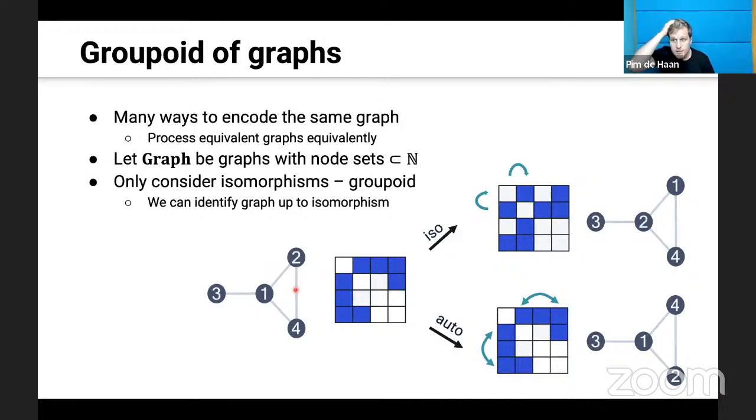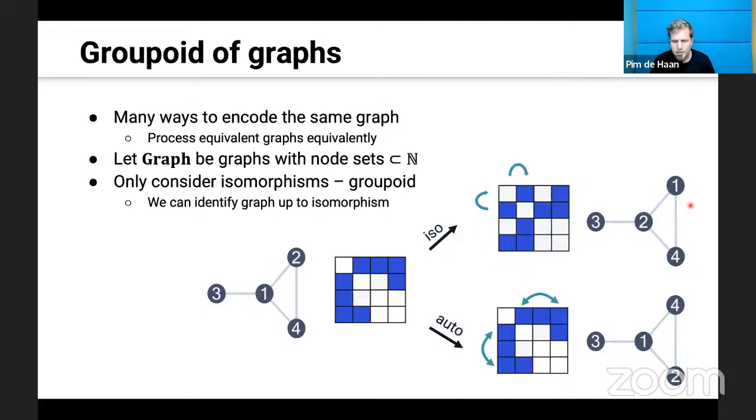I think this is still required. I think a graph isomorphism does satisfy this property. So the question is: is it required that if we have a node neighborhood and we map it with the isomorphism, this is the same as first mapping with the isomorphism and then taking the node neighborhood? So if we take 2 and we map it to 1, then we take the neighborhood, we get 2 and 4. The diagram is confusing because in the original